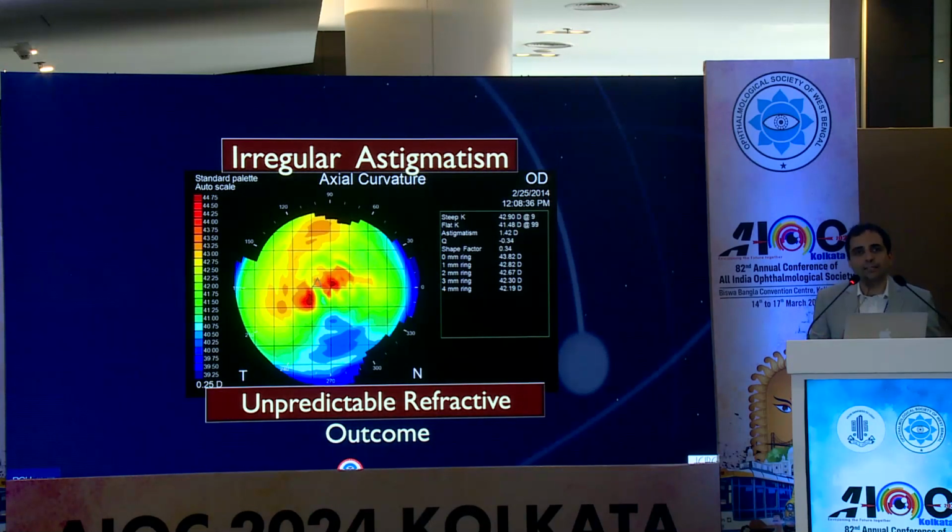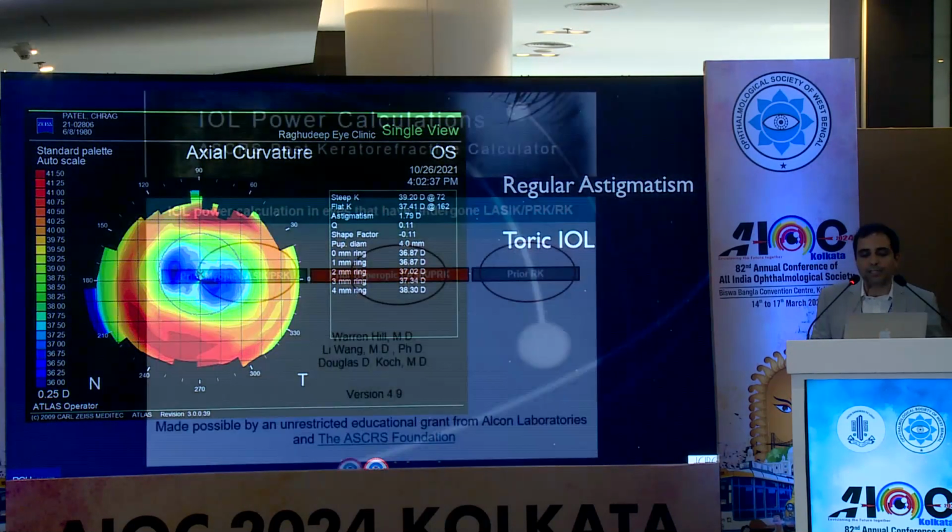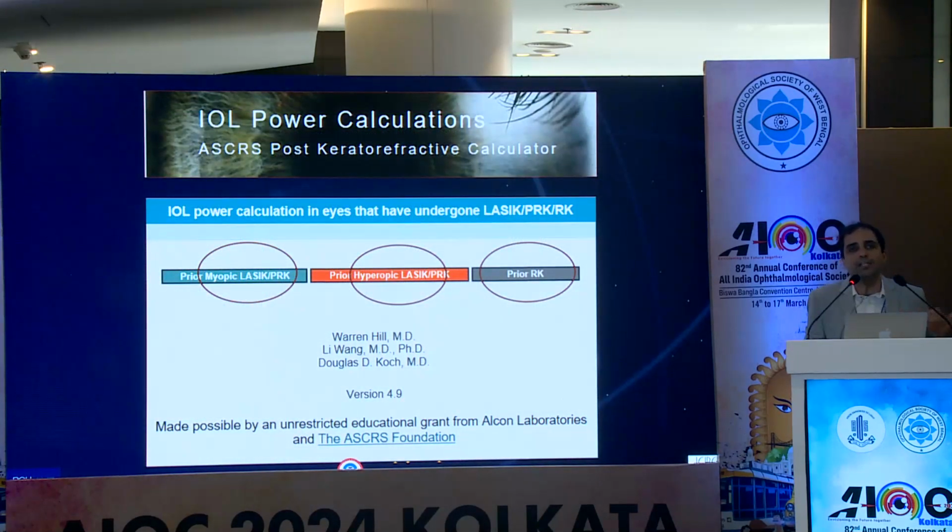So for a routine case, non-refractive surgery eye, virgin eye, if you find clinically everything is normal, you need not do a topography or a Pentacam for IOL power calculation or for toric calculation. But in eyes which have undergone previous corneal surgeries, I think it's important to look at the corneal surface, either just a topography or a Scheimpflug based investigation, to look whether the difference in the K1, K2 is actually regular or irregular, because only if it is regular astigmatism can we consider a toric IOL. If it's an irregular astigmatism, irrespective of the magnitude, we should avoid any form of toric IOL.